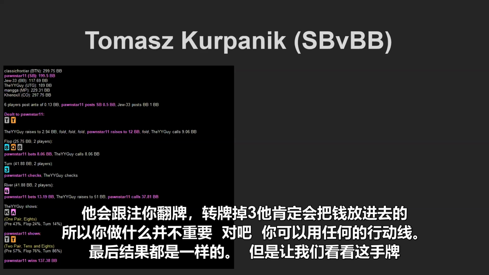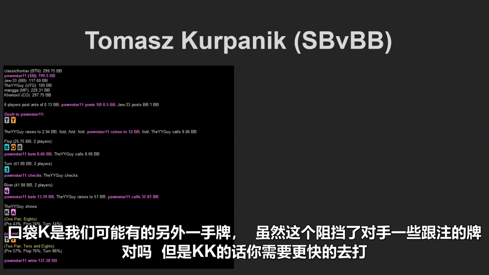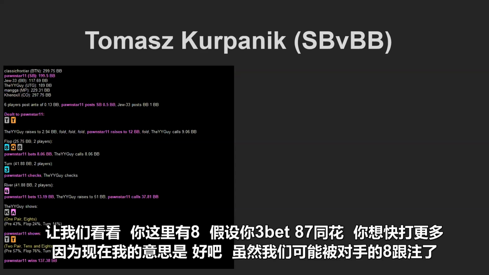But let's say a hand like pocket kings is a nutted hand as well, but that hand blocks a lot fewer calls, right? So with pocket kings, you'd want to fast play more often. Let's say you've got an 8 here. Let's say you 3-bet 8-7 suited. You'd want to fast play more because now, okay, it's still unlikely you get called by an 8,